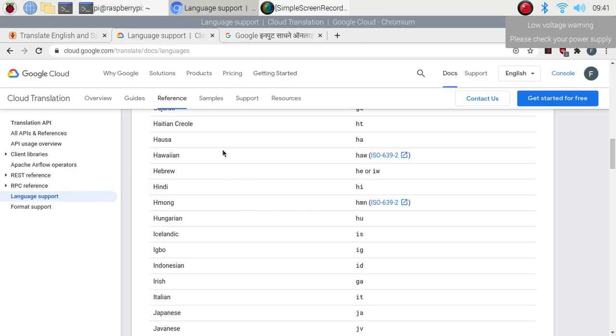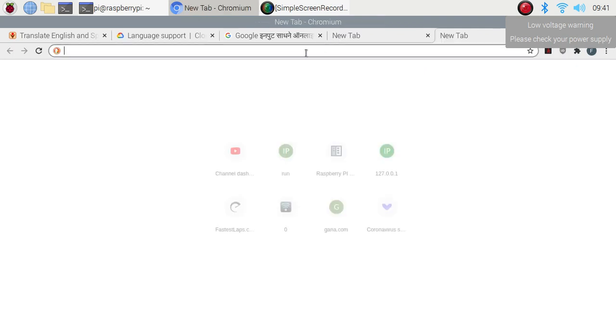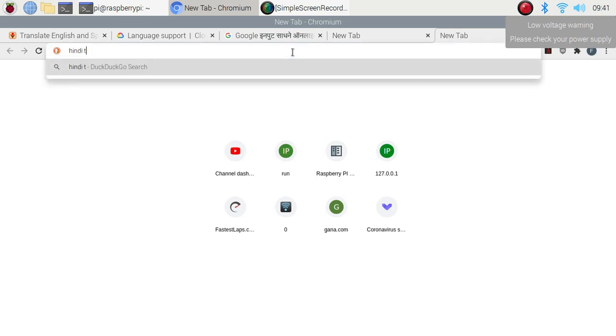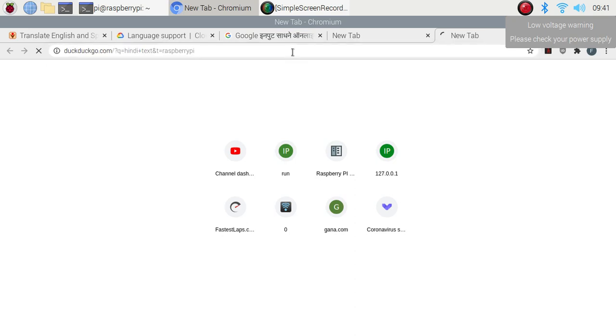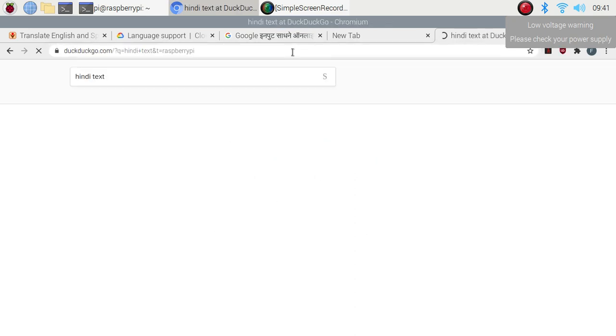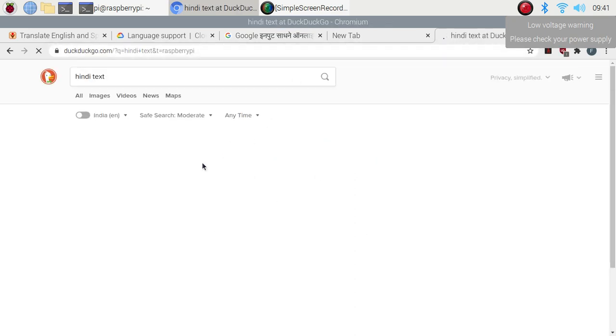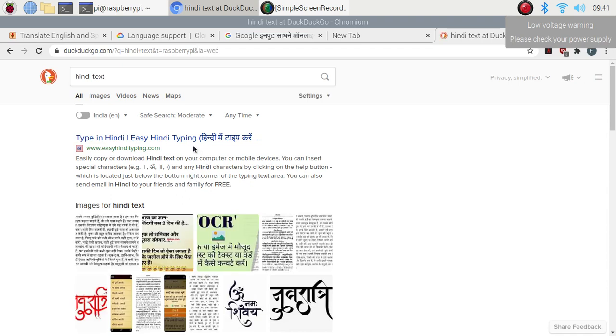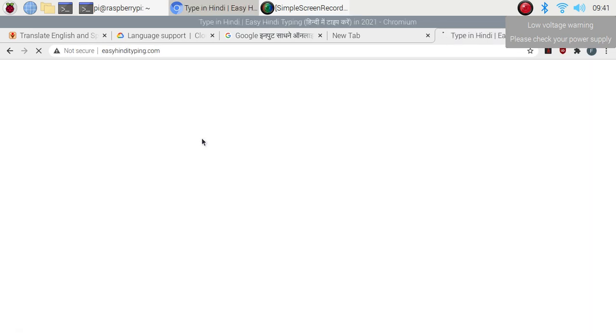Now we want to search for Hindi text, to write the text in the Hindi language. Yes, we are going to go for this, Hindi में type करें.